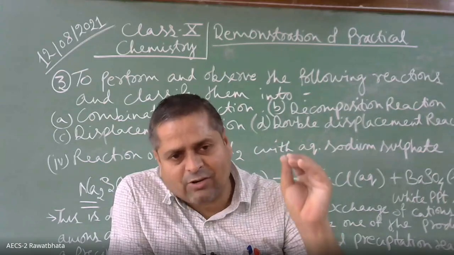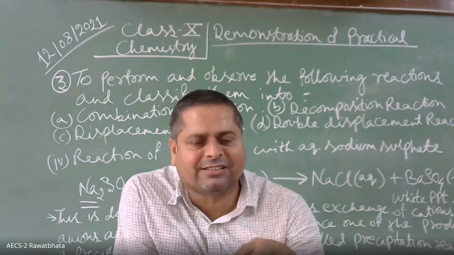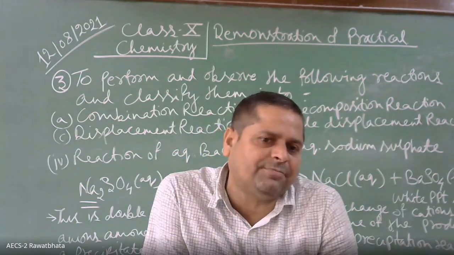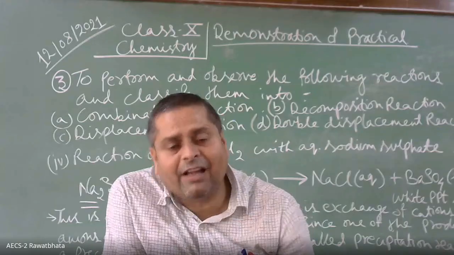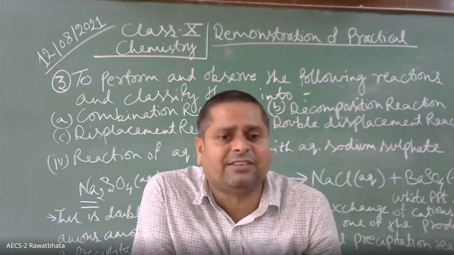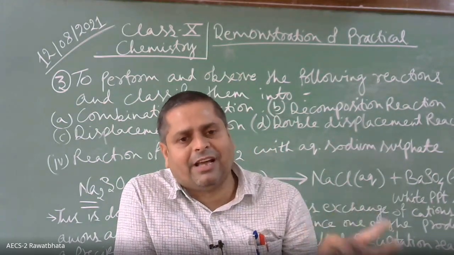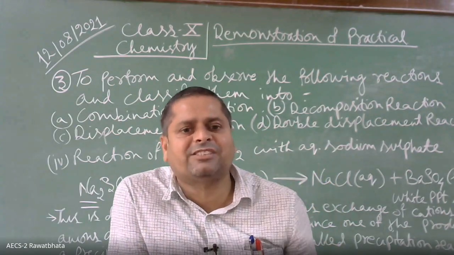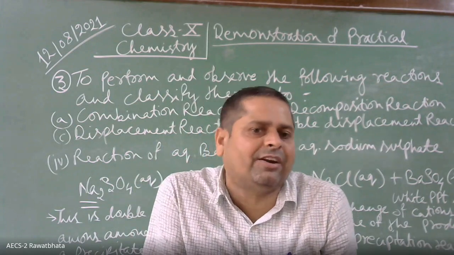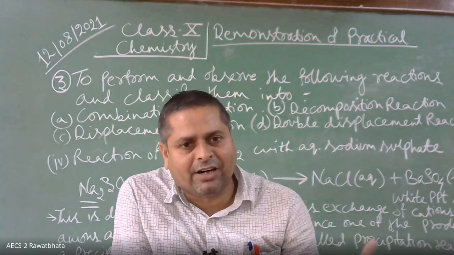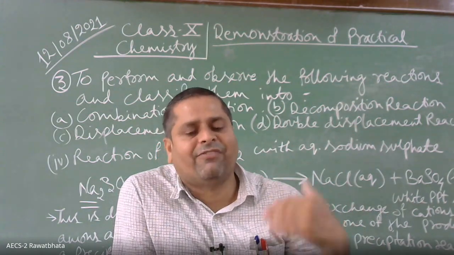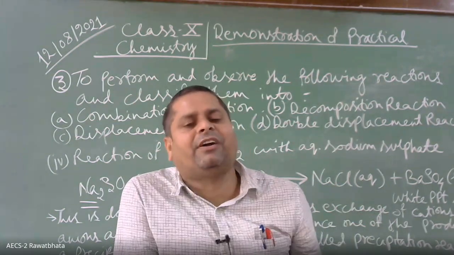Okay. This is a combination type of reaction because two reactants are taking part to form a single product, that is calcium hydroxide. Okay, children. Then second, we have heated ferrous sulfate crystals. Ferrous sulfate crystals are green in color because they are hydrated salt, FeSO4 dot 7H2O, ferrous sulfate heptahydrate. When it is initially heated, it loses water of crystallization, and then on further heating, it decomposes to give ferric oxide, sulfur trioxide, and sulfur dioxide gases.